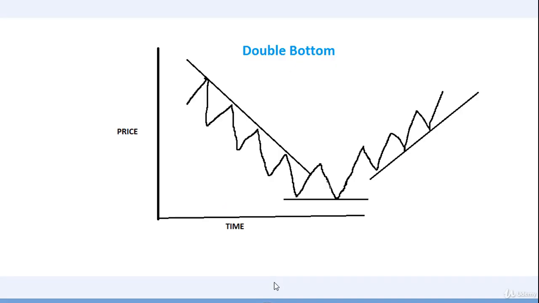Double bottom pattern can be seen in short term as well as long term time frame. A bottom is formed and then pullback resumes, which can continue till it faces a major resistance line. After touching the upper resistance line, prices fall back to the previous low and rise again to upper limit.